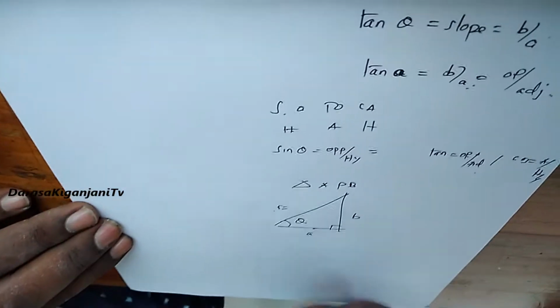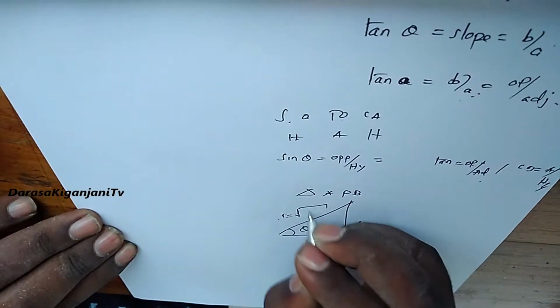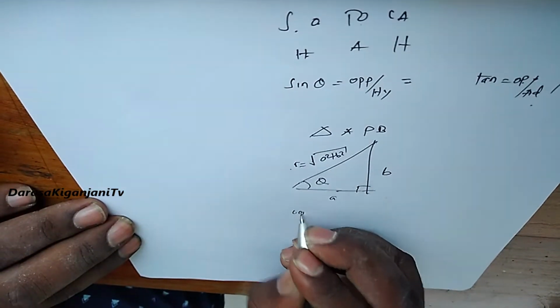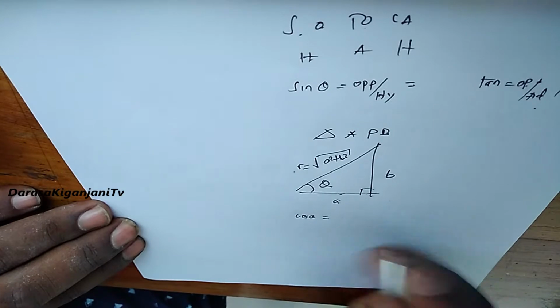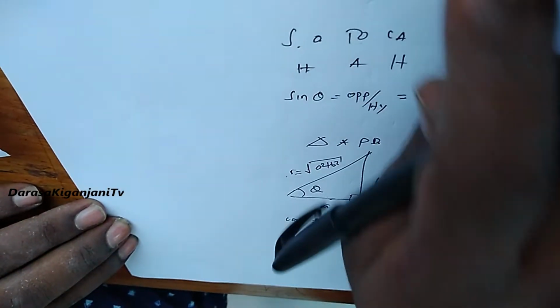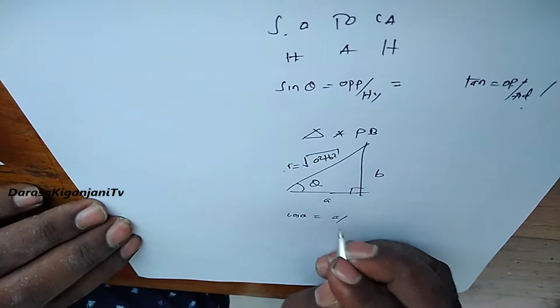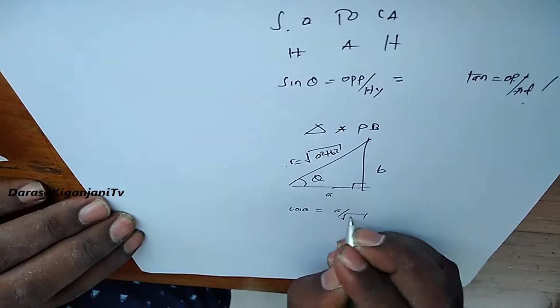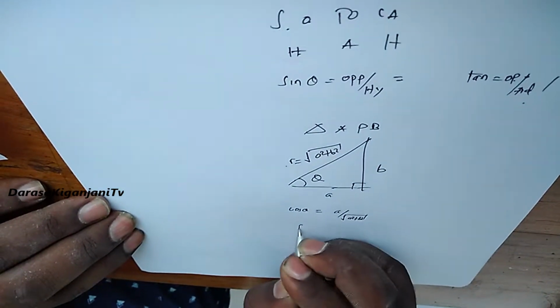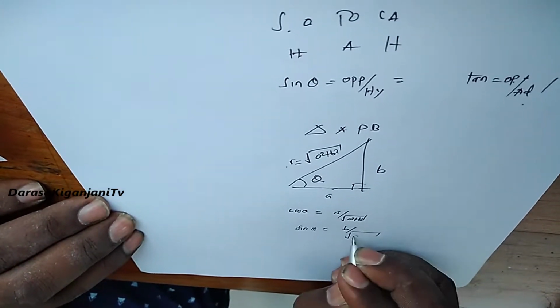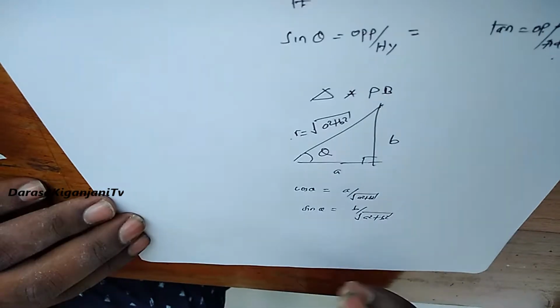Now from Pythagoras, the value of R can be given as root of A square plus B square. So cos of angle theta is equal to the value of A divided by R, but R is equal to root of A square plus B square. Sine of angle theta is equal to B over R, but R is equal to root of A square plus B square. So substitute